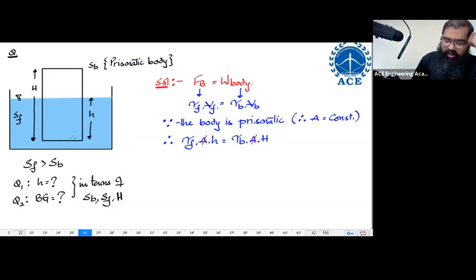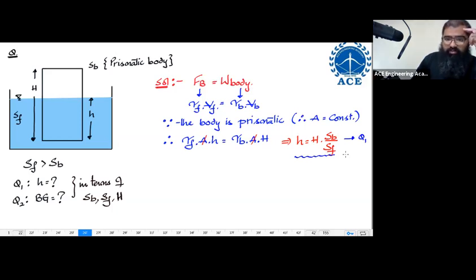If I cancel off area and area, it implies that the value of small h has to be equal to capital H multiplied by gamma of body by gamma of fluid. We know the ratio of gamma to gamma is as good as the S to S ratio. From there I can write SB upon SF. The value of small h is equal to, this is the answer for question number 1, small h is equal to capital H into SB upon SF. I would recommend you to remember these answers for prismatic bodies because many times you are going to see prismatic